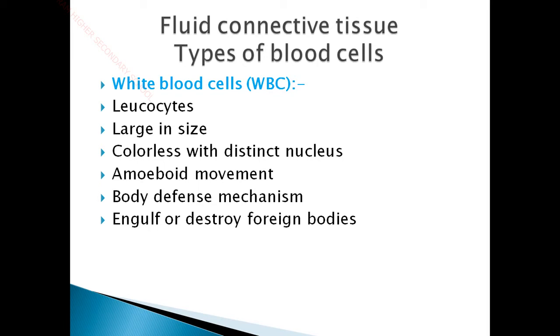So once a microorganism enters inside our body, our white blood cells will trap it and engulf it, and they produce some types of toxins to destroy the microorganism, thus preventing our body from other kinds of infections or diseases. So these white blood cells are like policemen, which give protection to our human body from any kind of disease. Once our immune system is lowered, we are prone to many such diseases.